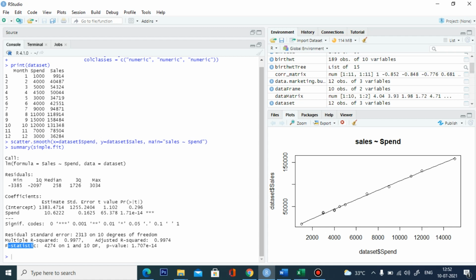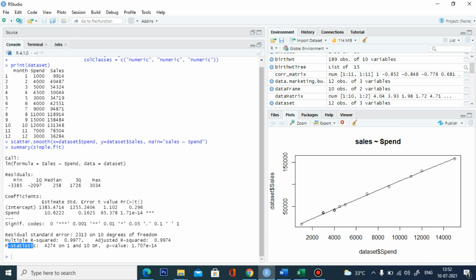If the residual error is 100, then it is going to be a variation from plus 100 to minus 100. That is the concept of the residual standard error. In your best fit model, the residual error is going to be close to 0, then it is called a very good regression model.